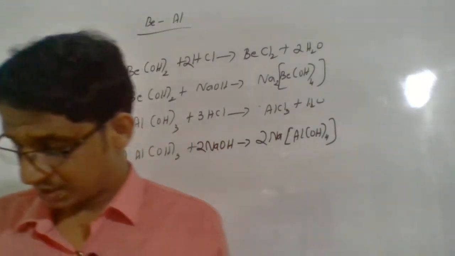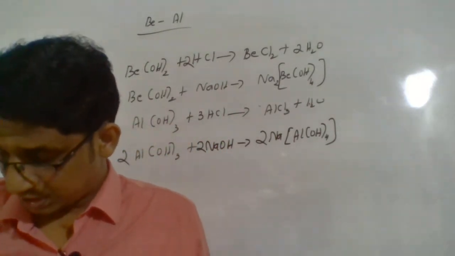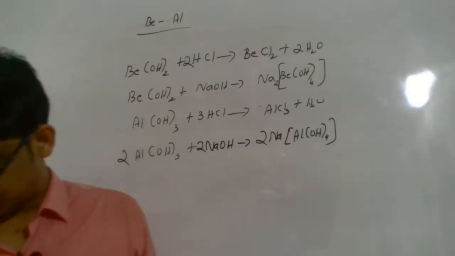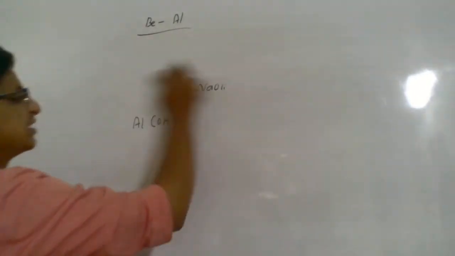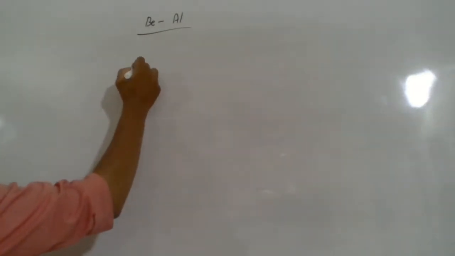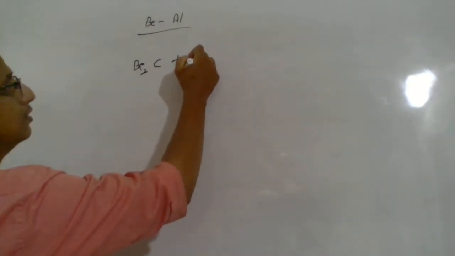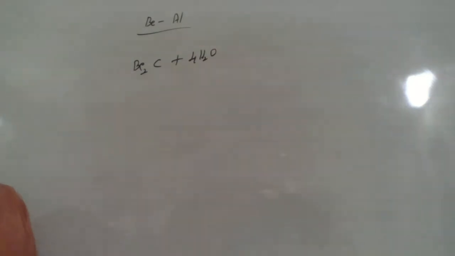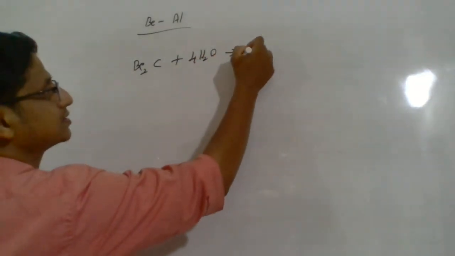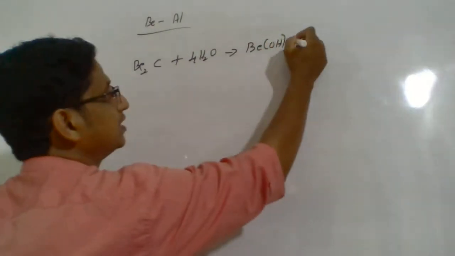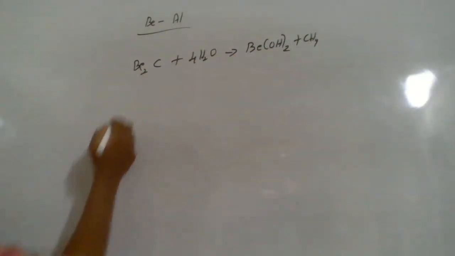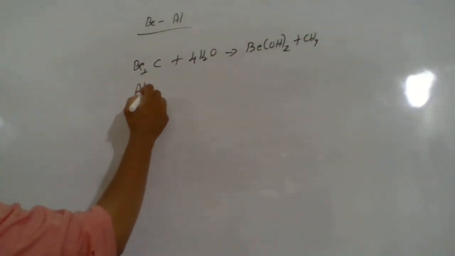Then beryllium and aluminium form carbides, and the carbides react with water to yield methane. So another property we can discuss is related to their carbides. Beryllium carbide reacts with water to form beryllium hydroxide, and methane gas will be released. So methane will be formed. Similarly, another carbide, that is